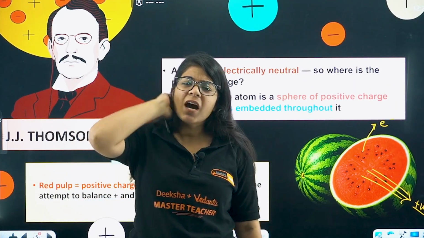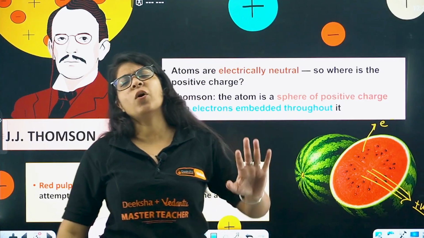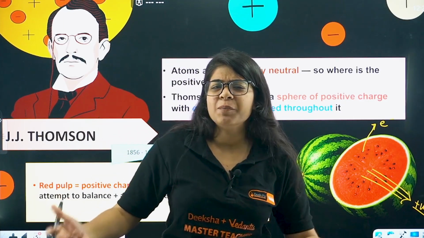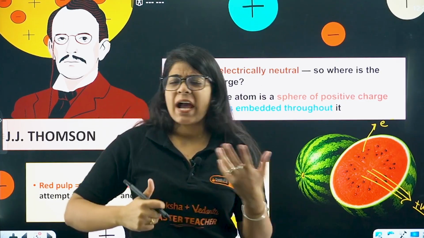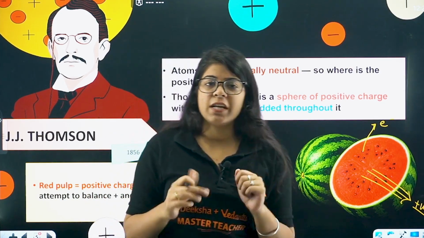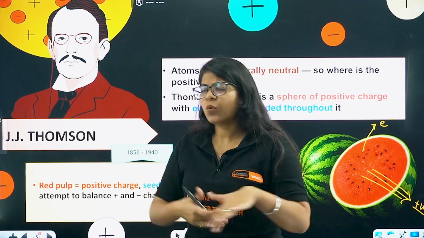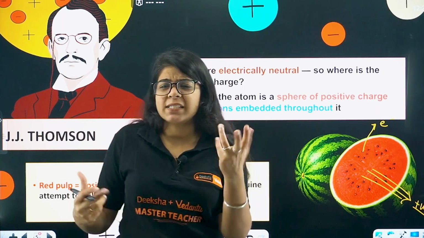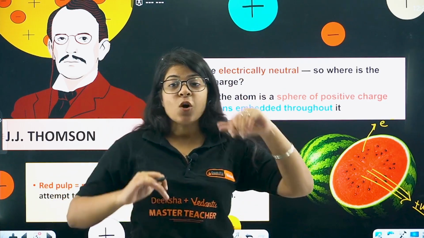Now, till here we have agreed, and we have pretty much all the answers about atoms. The atom is neutral, so it has positive and negative charge. Negative charge is electrons. What is the positive charge? What exactly is happening? How are they inside? Is this true or not? So then came